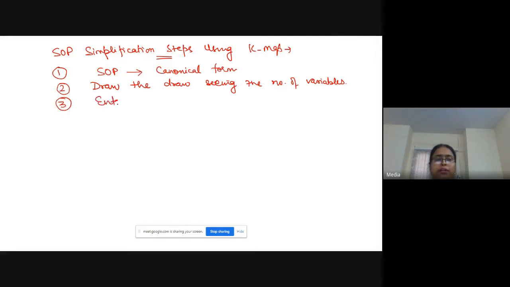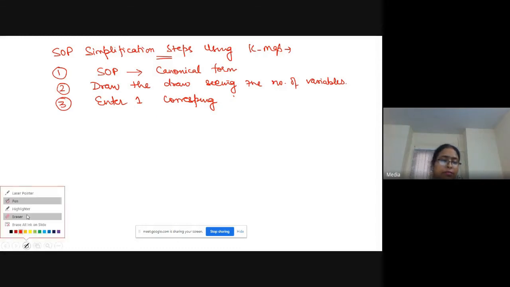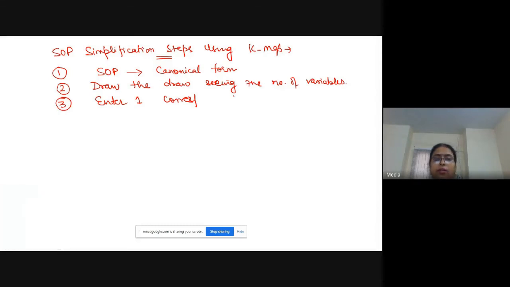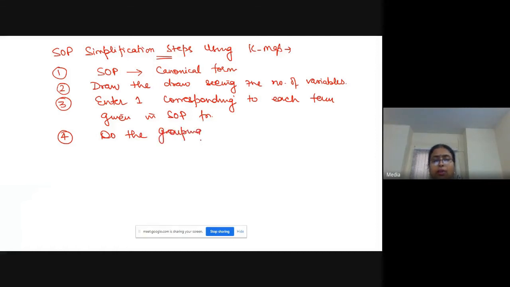Then enter 1 corresponding to each term given in the SOP function or SOP expression, right? Then do the grouping of ones,